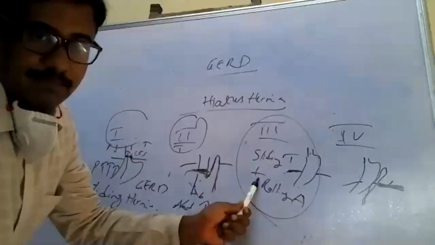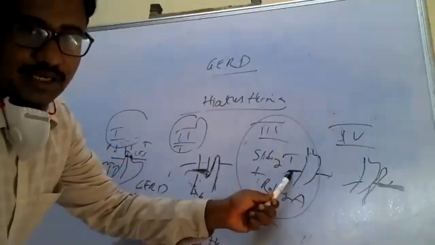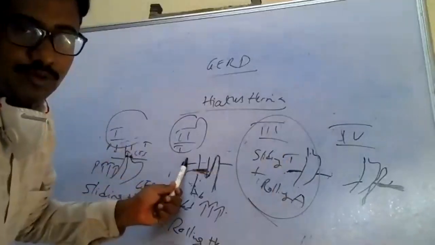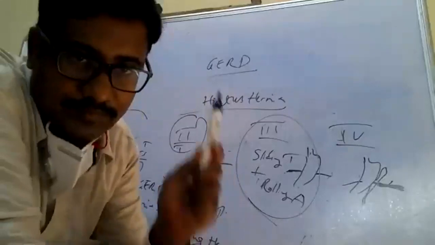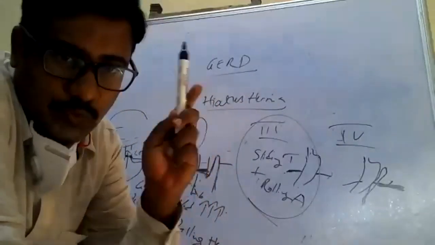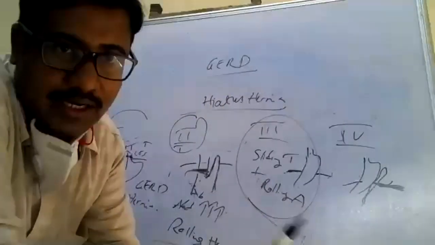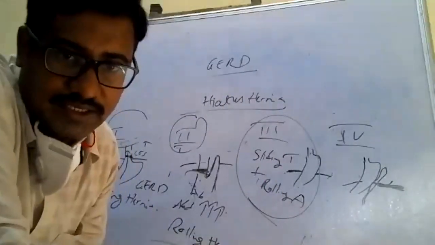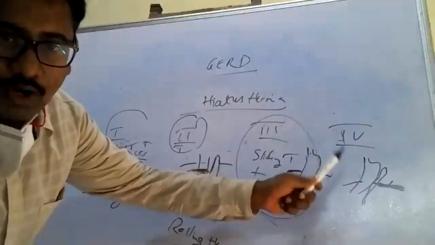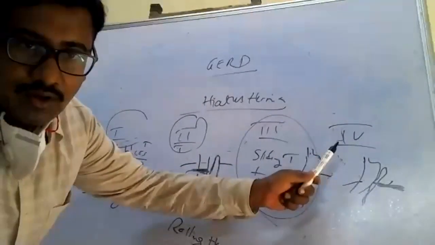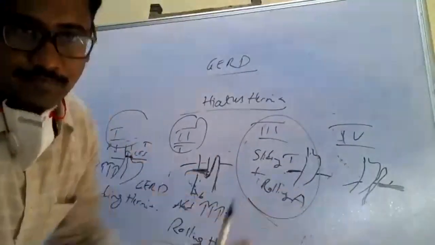In type 2, the lower esophageal sphincter is present in the abdomen, whereas in type 1, it is present in the thorax. Type 3 is nothing but a combination of type 1 and type 2. Type 4 is nothing but type 3, a combination of type 1 and type 2, along with intestine. So second question: name the hiatus hernia in which we will see herniation of the intestines along with stomach into the thorax. Answer please. Excellent. It is type 4. This question is repeated a number of times in PG entrance examination. So type 1, type 2, type 3, type 4.